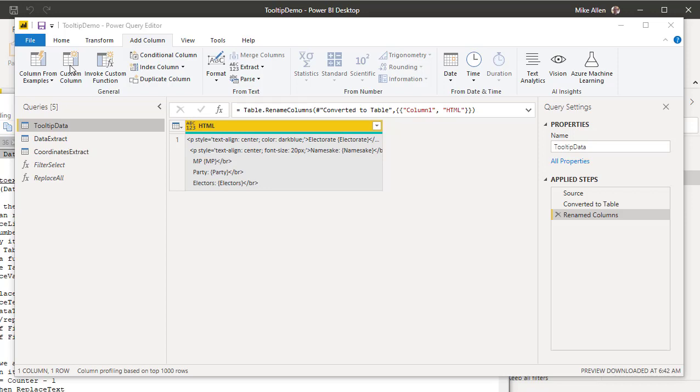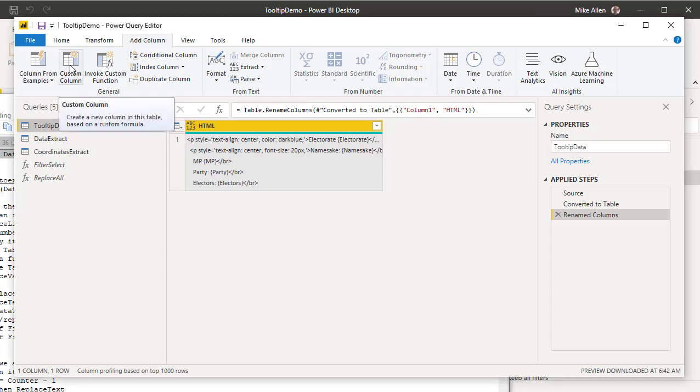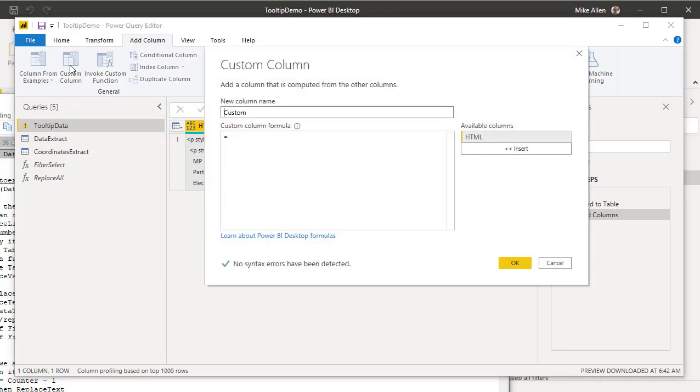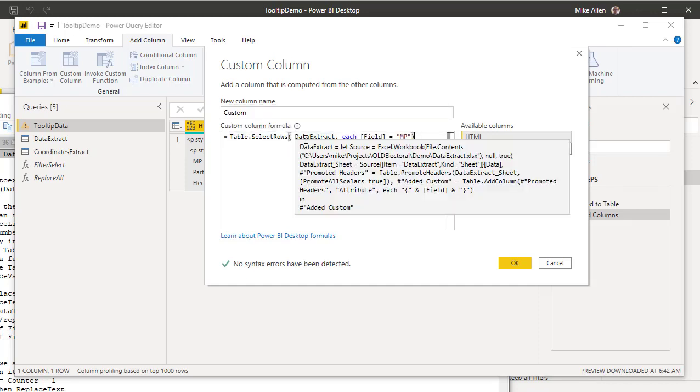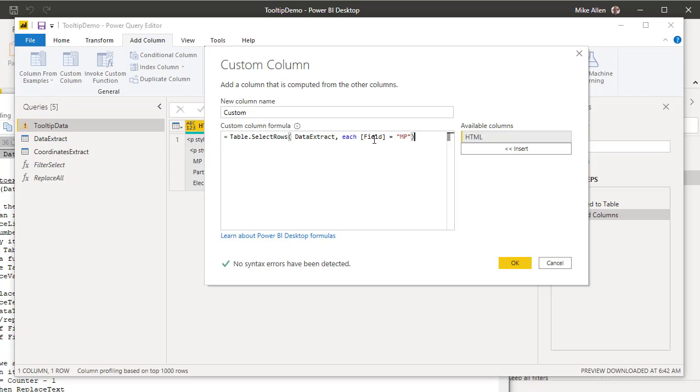So we need one row, I can't remember what we call that. We'll call it custom. And all this is going to do is go back to the data extract table again. We're getting everything out of data extract, and we're going to pull out the MP row. So we'll just do that,